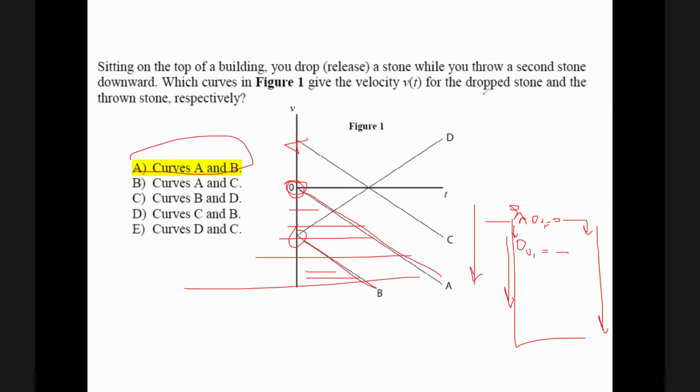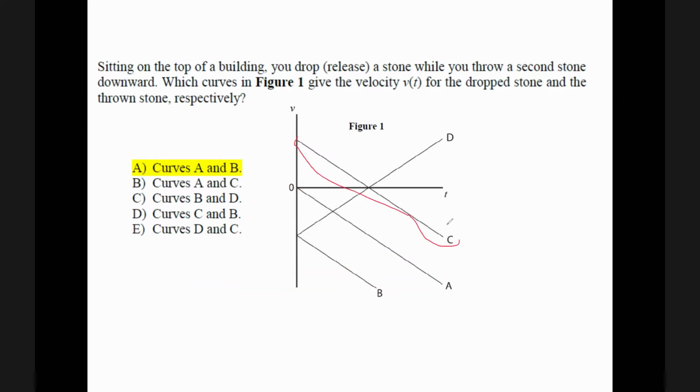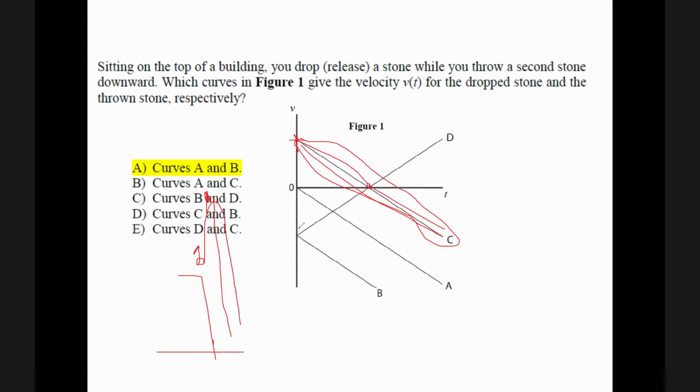And as an extra, let's represent this. What is this stone? C. This is a stone thrown upward from the building. For example, this is the building. Somebody throws it up. So it will go. Look at this. This is stone C. It will start positive, right? Positive velocity until it reaches 0. Where is 0? For example, here. Then it will reverse direction. It becomes negative. Yes, correct, because it went from positive to 0, then negative. So as if the stone followed this path. So this is C. Let's study D.